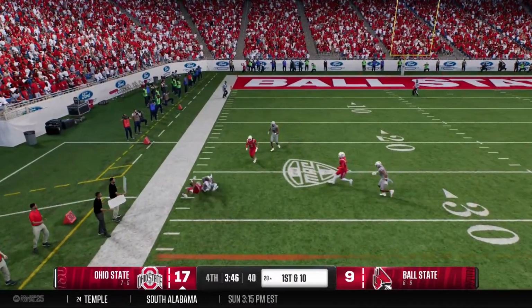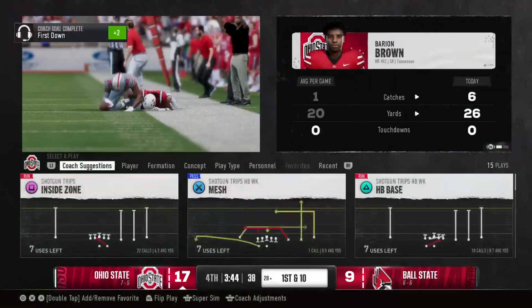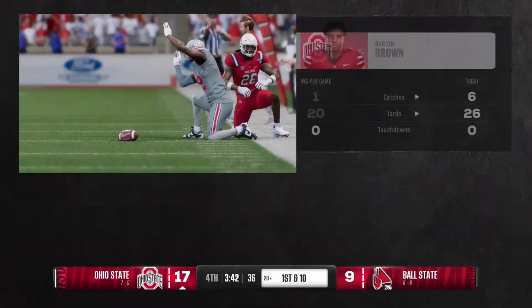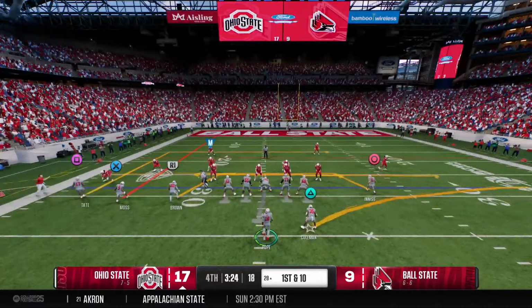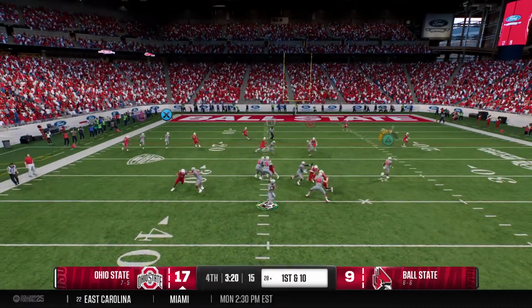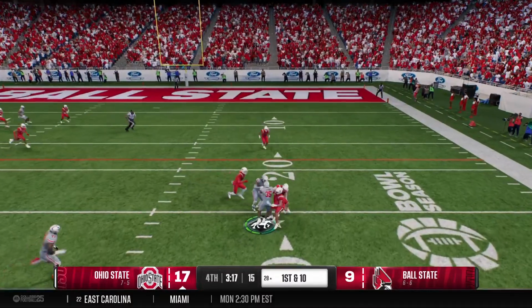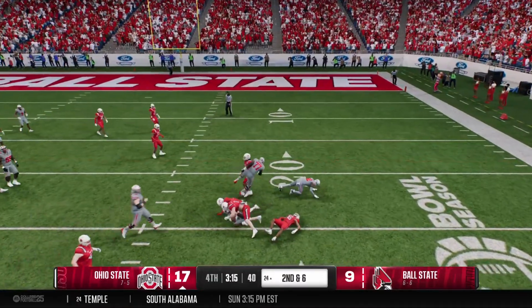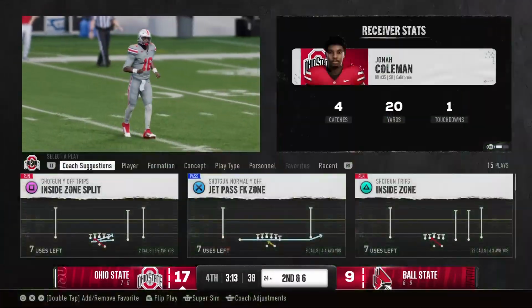Finds his man. It's Brown. They've got it inside the 30. They'll mark it at the 28. It's first down. Here's this offense with a fresh set of downs. Trying to find his man on first down. Got his man on the right. And just a short, safe pass play. They pick up a few.